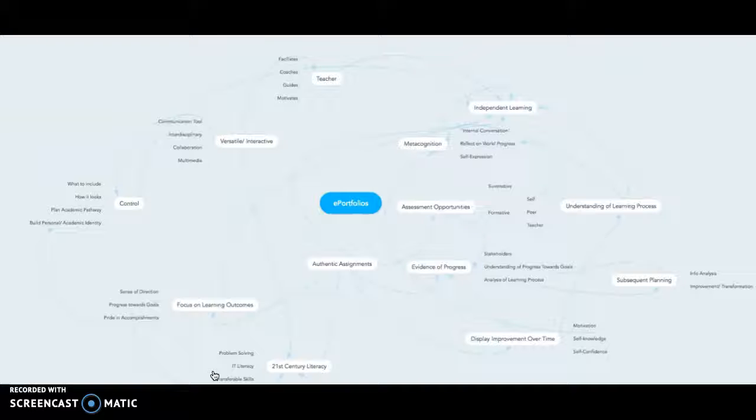This is a presentation I put together about the benefits of interactive e-portfolios. I'm not going to talk you through all of the points, but you'll see that this software which I've used is called MindMeister, which creates mind maps and also has the option of creating presentations similar to the ones you see on Prezi, in which you focus on individual elements, such as this part